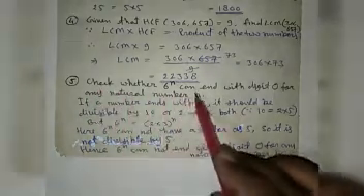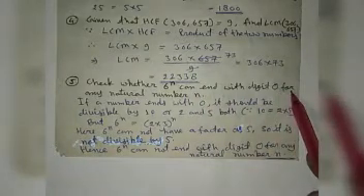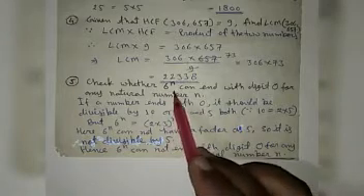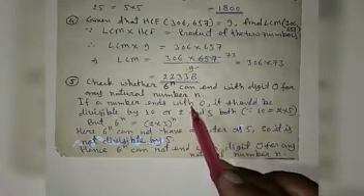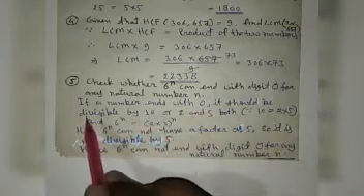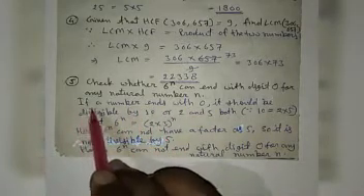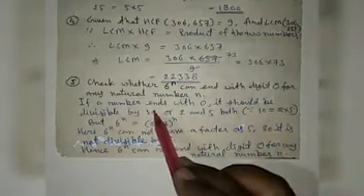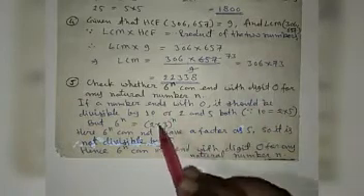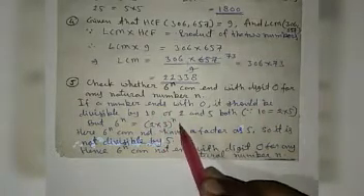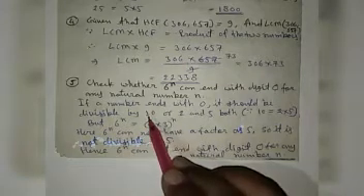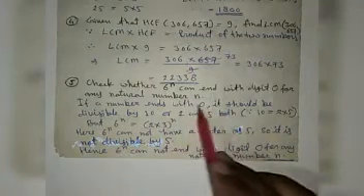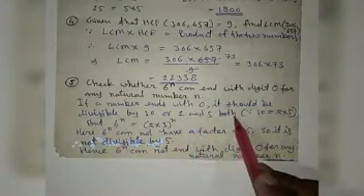Check whether 6 raised to n can end with digit 0 for any natural number n. So you have to check here 6 raised to n can end with the digit 0. For checking this, you should know that if a number ends with 0, it should be divisible by 10 because multiple of 10 has units digit as 0. So 10 has factor of 2 and 5. So the number should be divisible by 2 and 5 both.